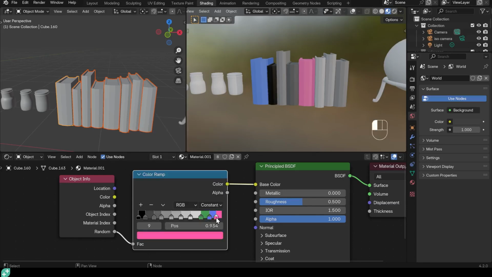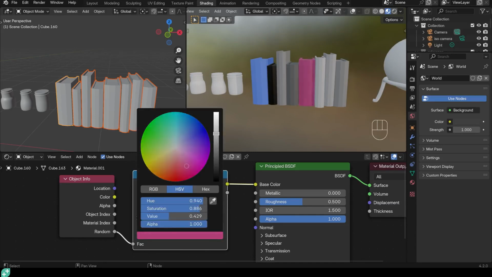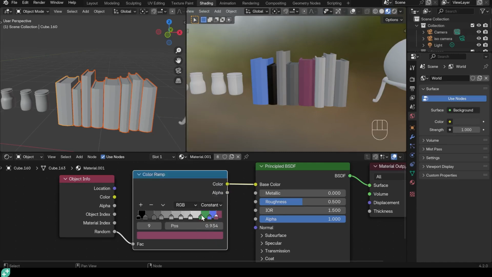I'll do the same for that pinky color. It's a bit too bright. So again, I'll bring the brightness down and somewhere in the middle around there looks fine. Thinking of this sort of purpley color looks a little bit strange. So I might go a little bit darker for that one. So it's a little bit more, not sure what the word is, but less fantasy and more, less childlike perhaps. He's a very wise wizard and doesn't read childish books.